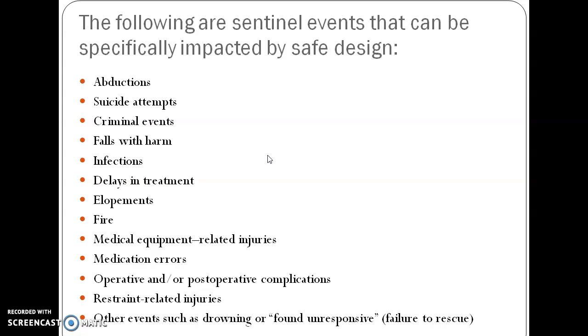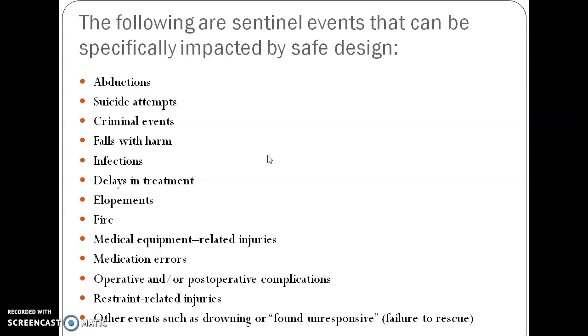So delays in treatment, yes. Because of infrastructural problems, of course, the treatment delay might also happen, because the area in which the patient has to be contained might be less, or maybe we do not have that much infrastructure to support the